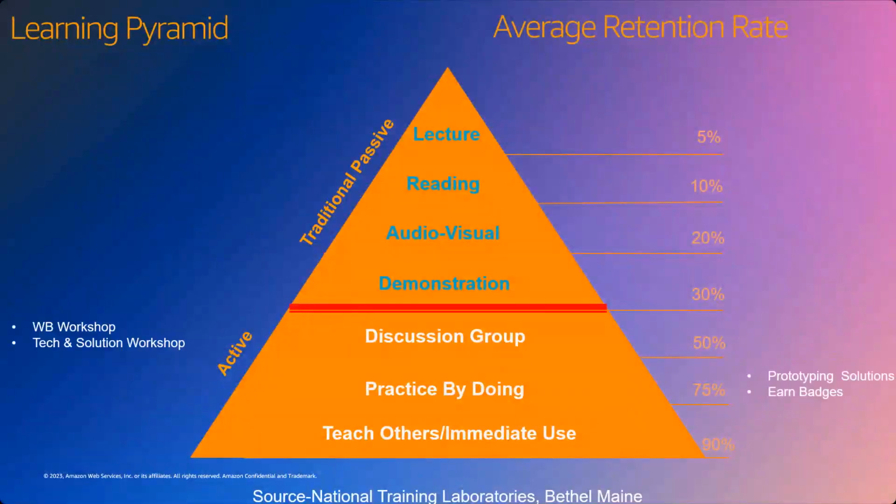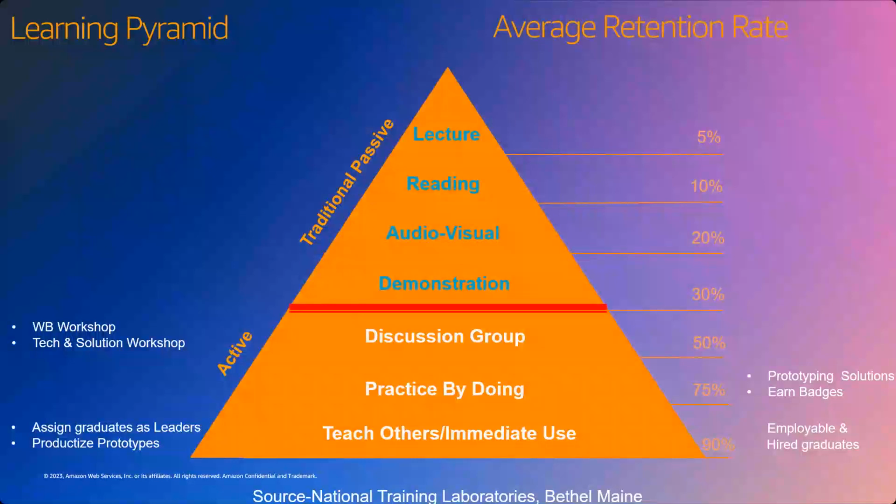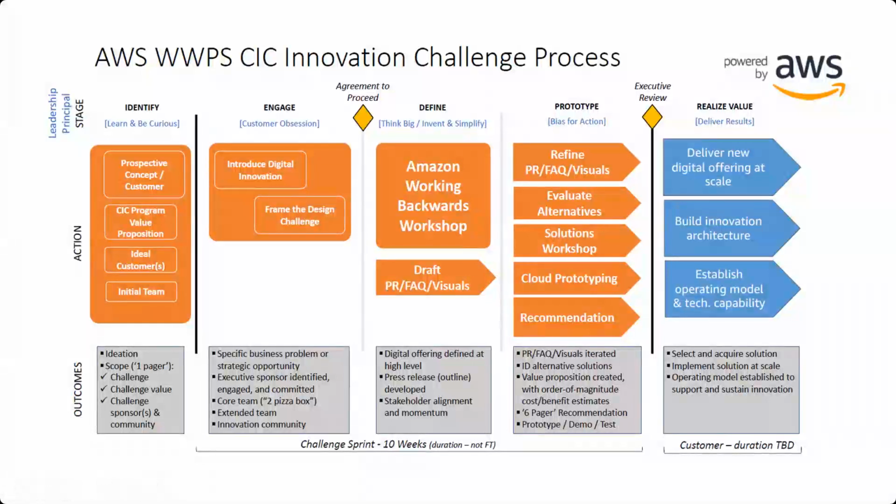This one is relevant because most of you are coming from education, or you are in education, and this may be for faculty members. With the design thinking that we work through, we are moving from traditional passive learning into active learning. As you can see, from the working backward workshop, I'm going to show you a couple of examples: technology workshops, prototyping, teaching others, productizing. That makes it active. And you can see the percentage on the right-hand side is the average retention of knowledge. It can reach up to 95% when you teach others and use it immediately. So this one is important.